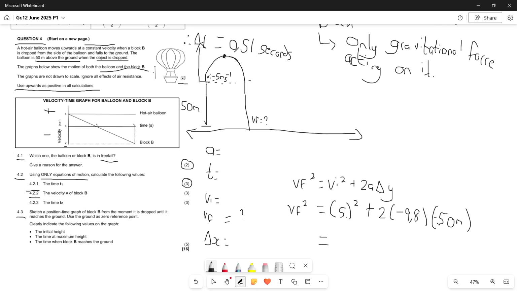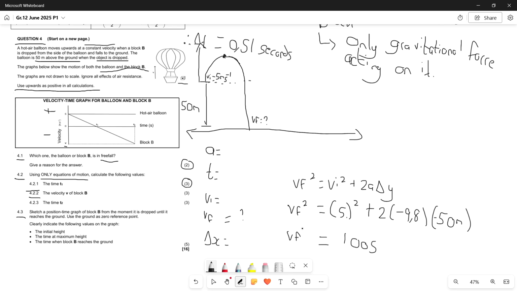We can just simplify them in our calculator, take the square root, and account for the fact that our VF is going down, which means it won't be negative because of the square values we have here, but we do have to say that it is whatever magnitude we've calculated downwards. So at this stage, we can just plug this into our calculator and then we can go ahead and solve for it. So we have